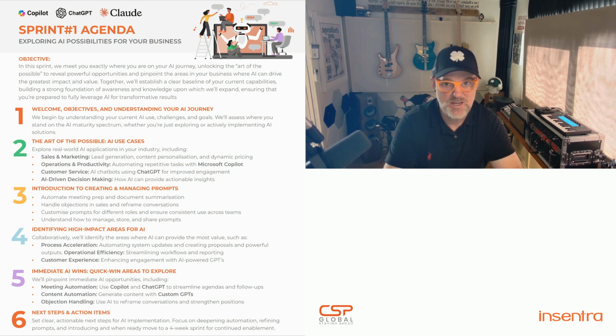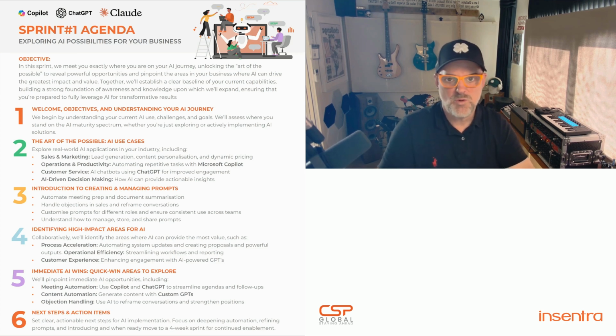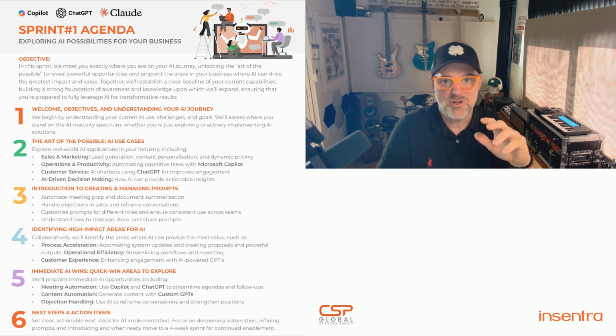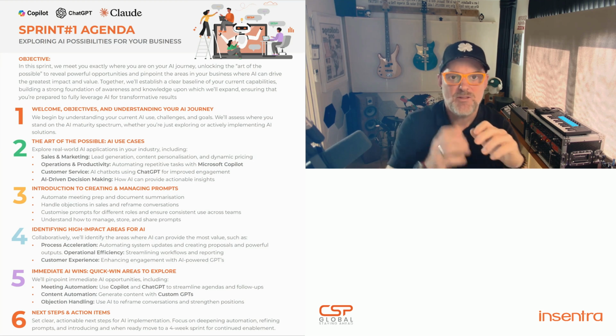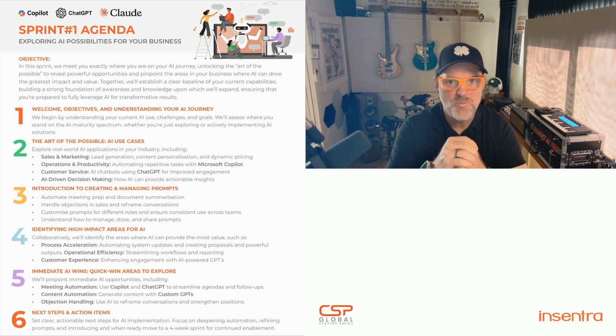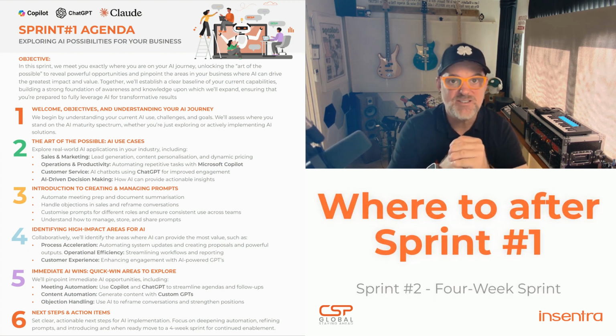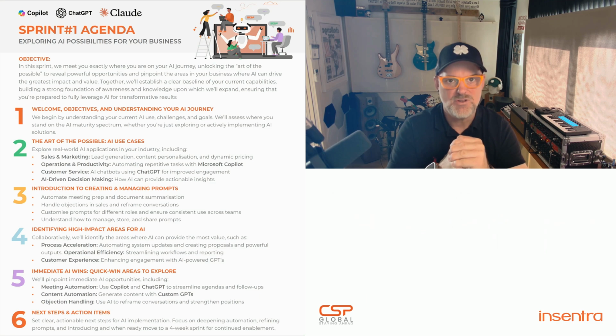That leads into your immediate quick wins. High impact areas and quick wins go hand in hand, leveraging some of these tools to get results quickly. Once we've completed this first sprint, the intent is that you understand more, or have gained significant value from the time we spent together, and that you can take that and look within your business and say, okay, Lee and team, how do we now accelerate this through the business to get some results straight away? That leads into sprint 2, which I'll cover in a separate video in detail across the 4-week period and what the outcomes of that are.